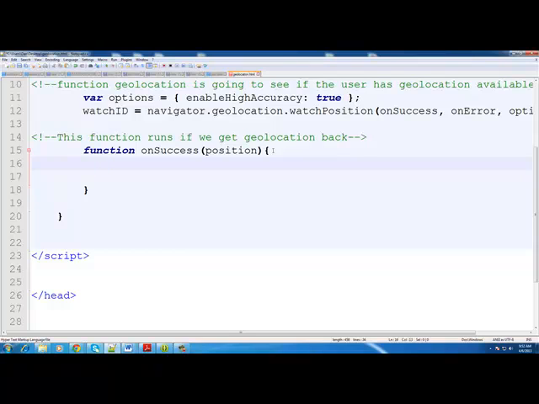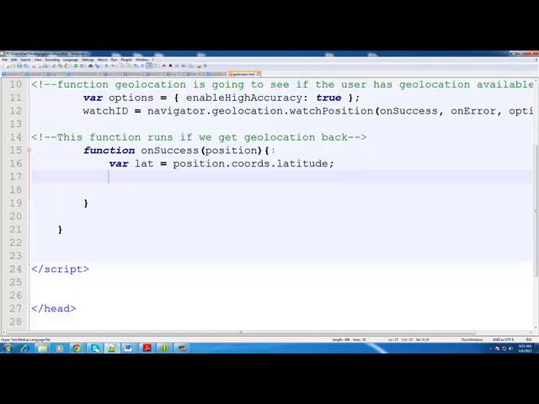First, we're going to set variables for our latitude and longitude. We're going to say var lat equals, and our latitude object, position.coords, which is coordinates, position.coords.latitude, and var long. Actually, put LNG. Long is a JavaScript number. If anyone's ever taken math, it's a number object, so we don't want to use anything JavaScript reserves, such as